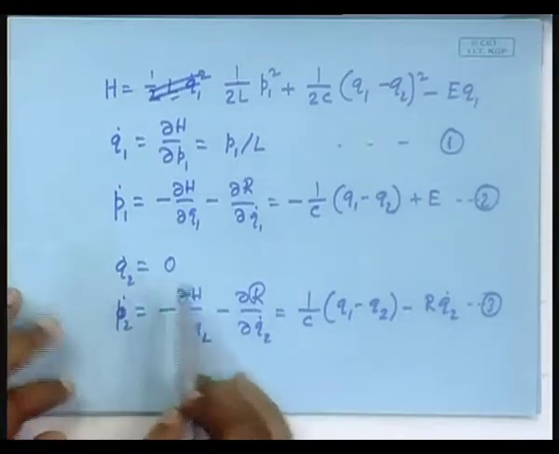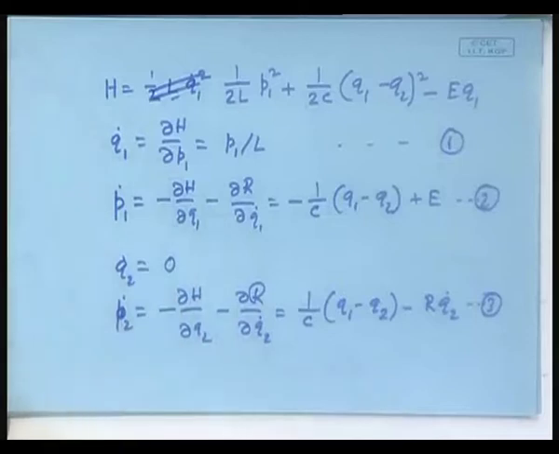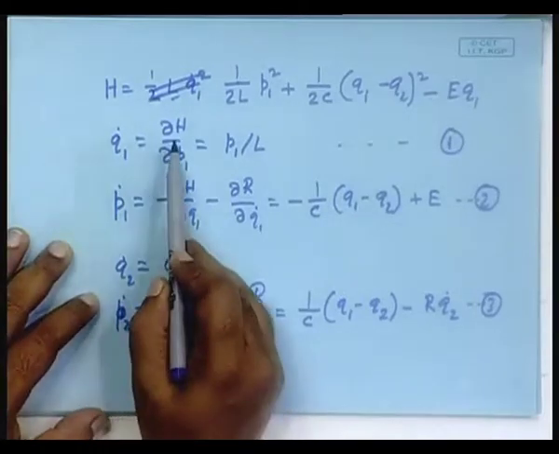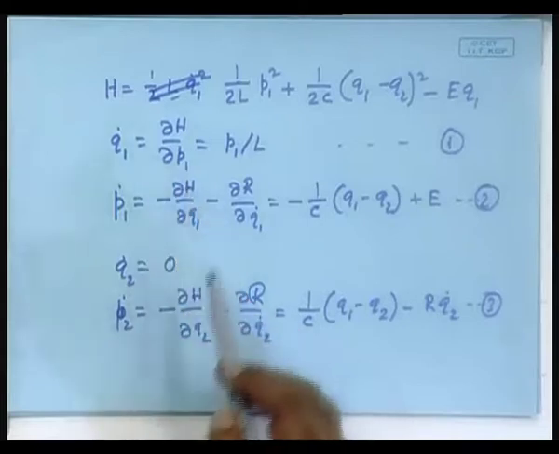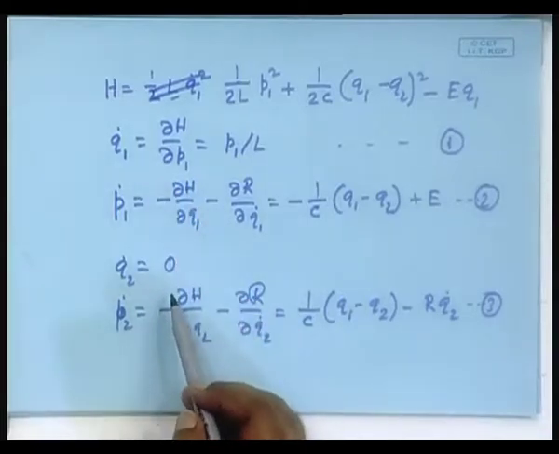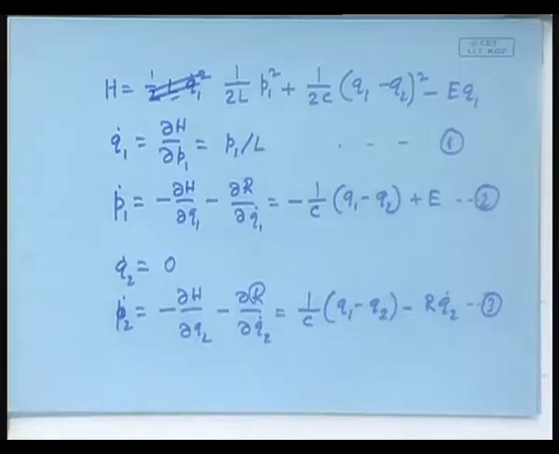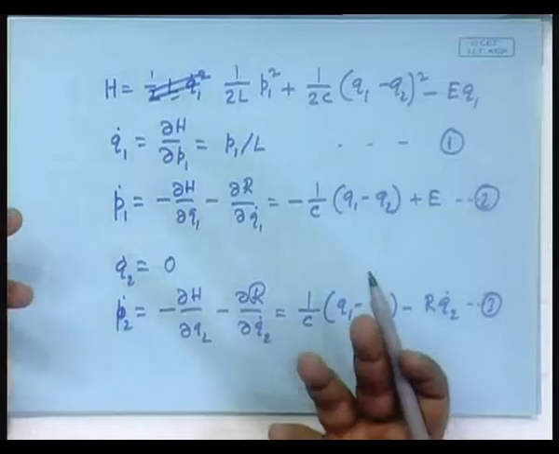I have written it, but wait. Q2 dot is the derivative of the Hamiltonian with respect to P2, which has turned out to be 0, or in other words, it could not be evaluated, but still